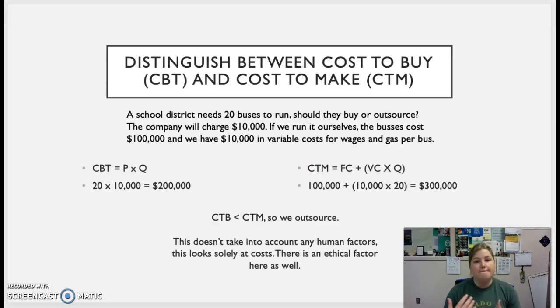Distinguishing between cost to buy and cost to make. If a school district needs 20 buses to run, should they buy them or should they outsource them, like rent them? The company will charge $10,000. If we run it ourselves, the buses cost $100,000, and then we have $10,000 in variable costs for wages and gas per bus. So over here on the left-hand side, we've got the cost to buy with price times quantity. So at 20 buses,